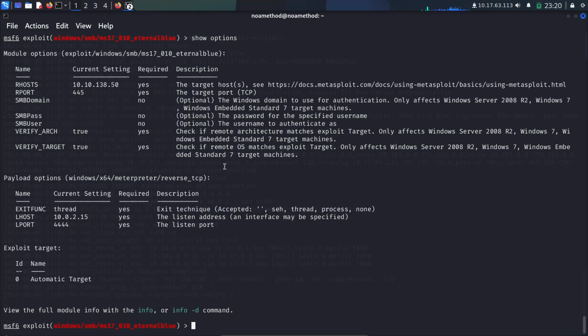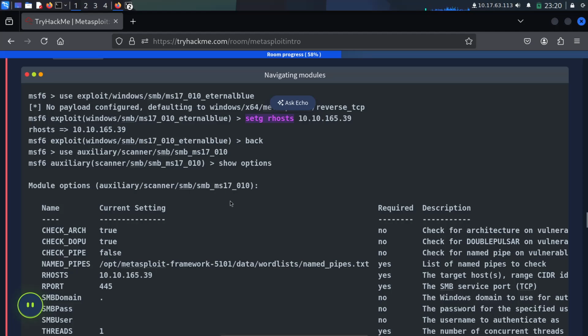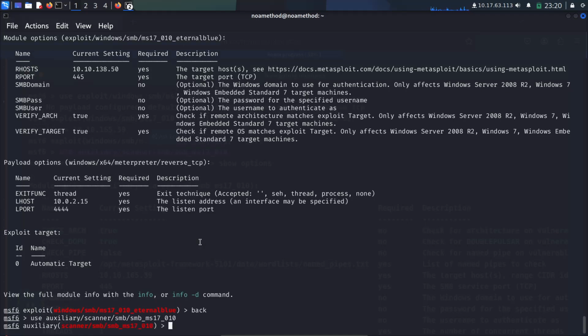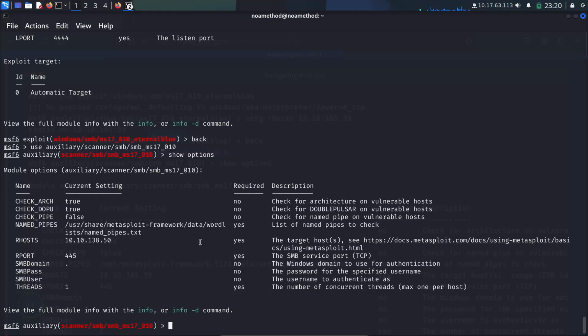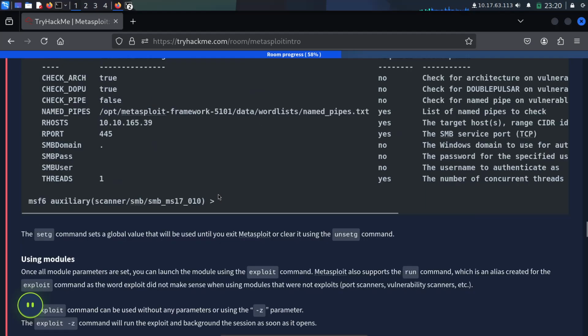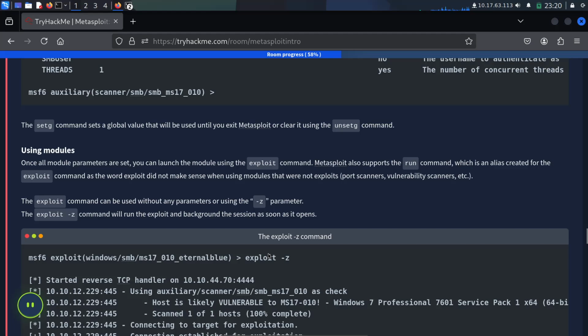Yes, there it was. Then come back and then use auxiliary. And then show options. Now, the RHOST is good. Then we can run the exploit.